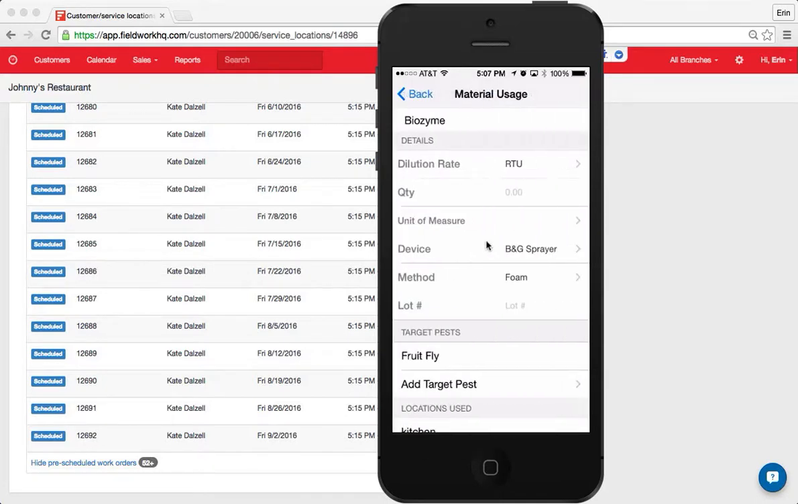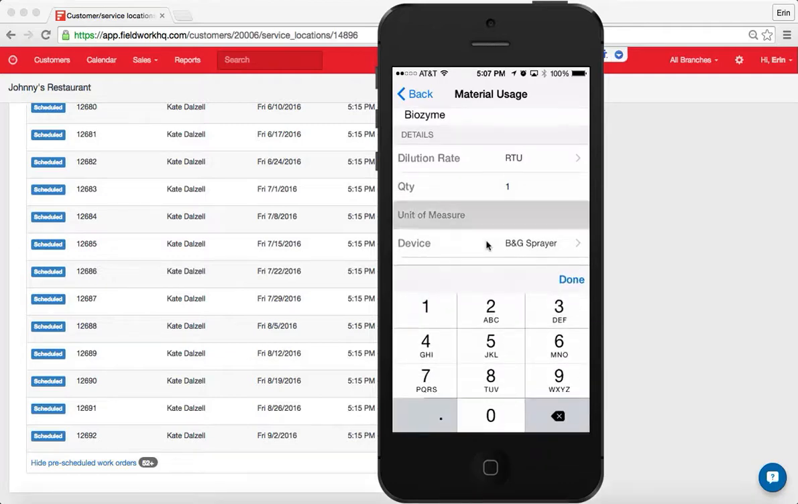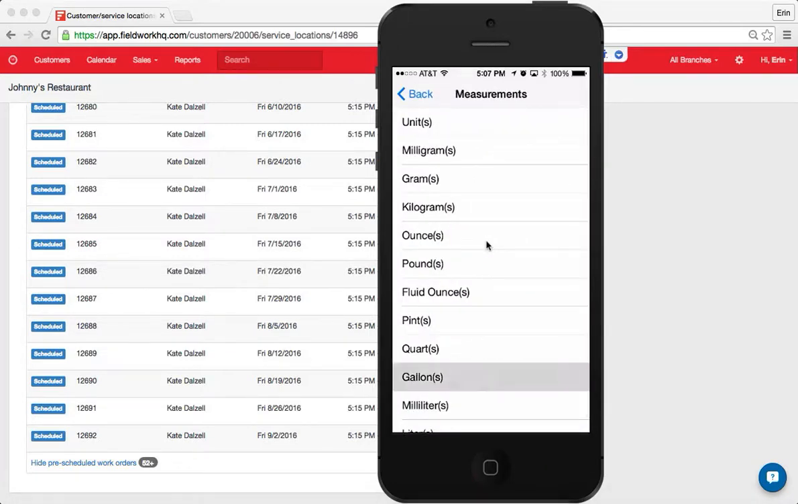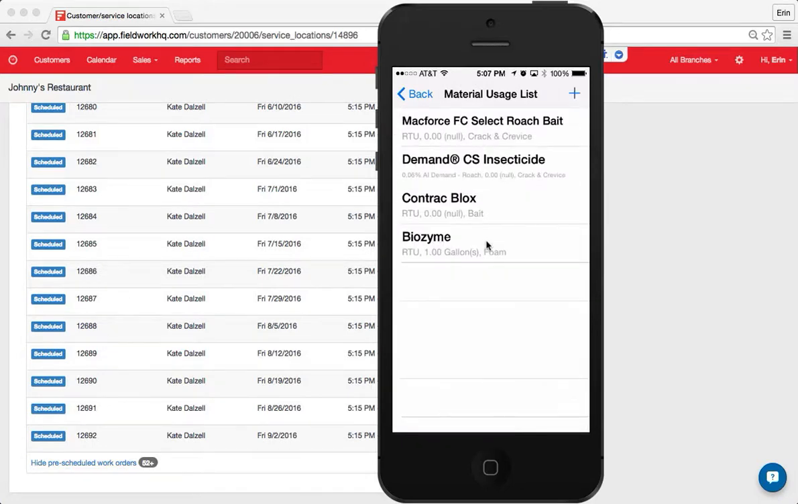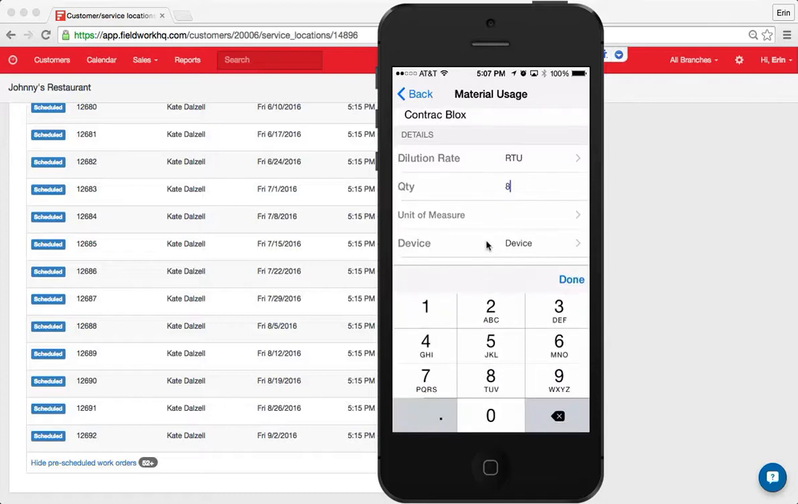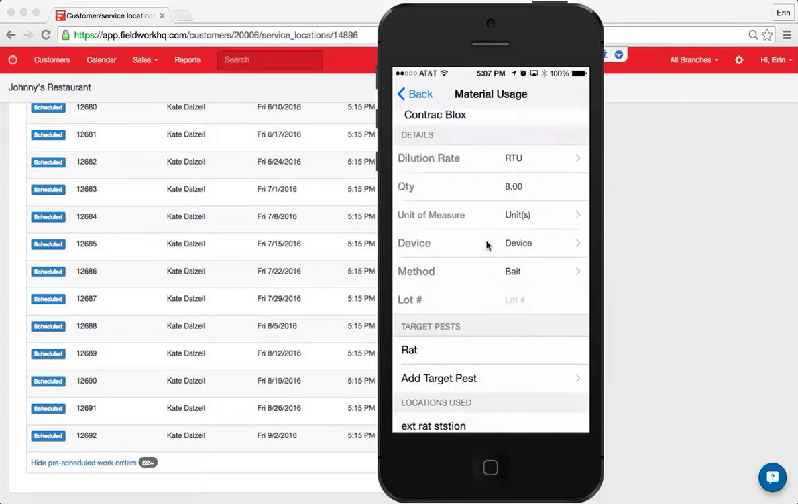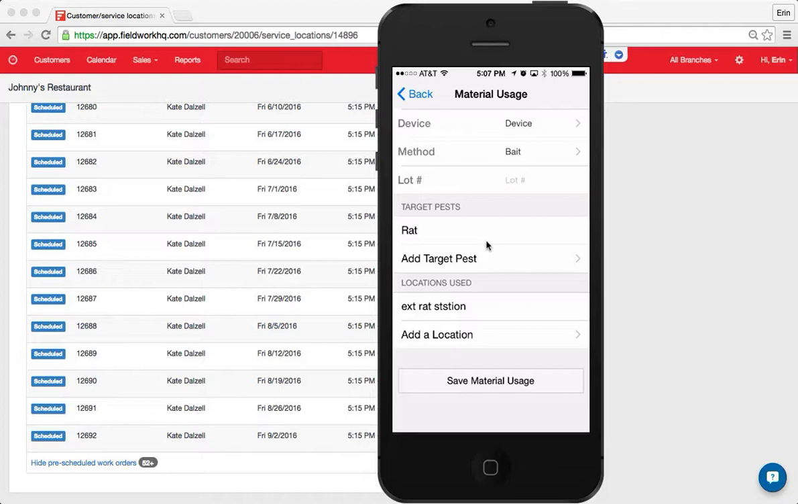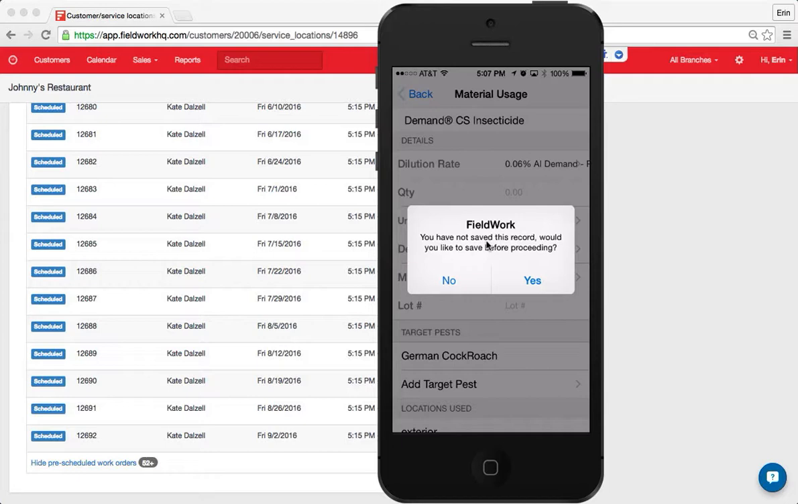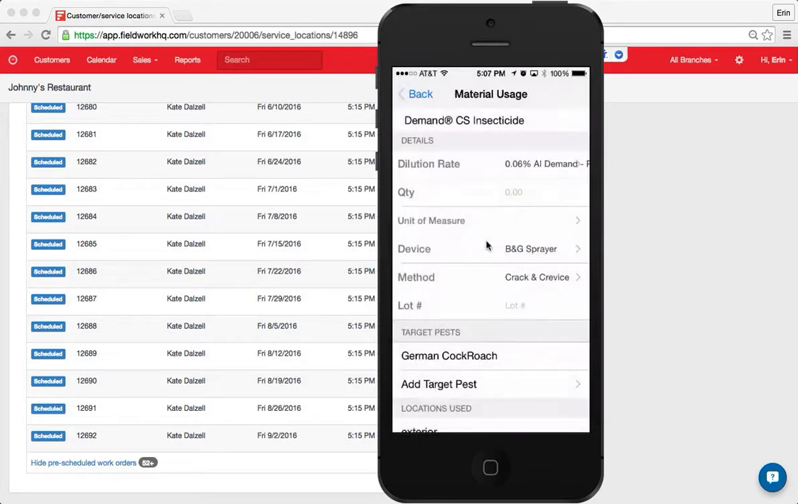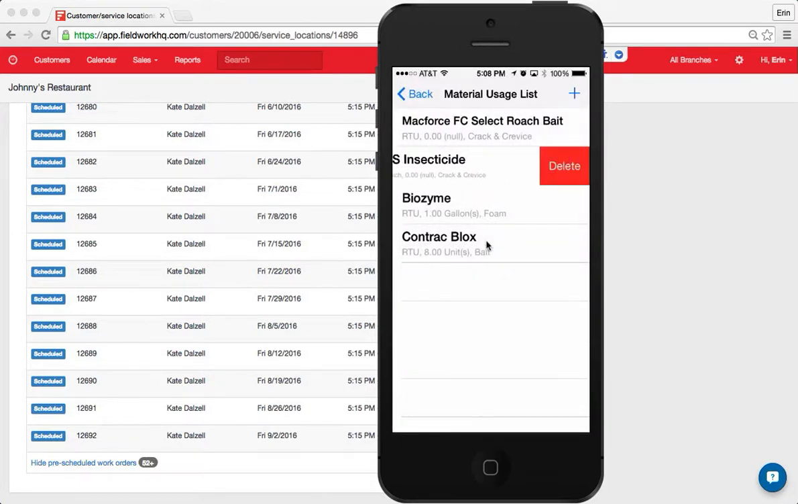So let's say we'll go to Biozyme, and we're going to add in 1 gallon, and we're all set. I'm going to hit save. And contract box, 8 units. Everything else looks good, and hit save. Demand, we'll actually say, you know what, we are going to delete demand. So I just swiped from right to left, and I deleted demand,